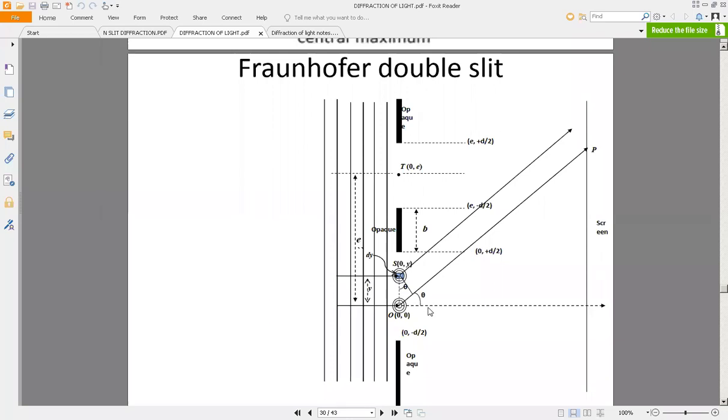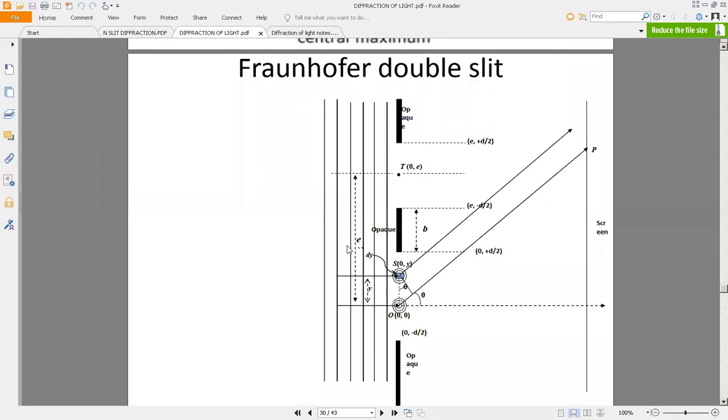Same logic. So here also these two rays are parallel rays. They are making equal inclination theta with respect to the reference axis, right? And this distance is y. Already we have used it in this case. So there is no difference between single slit and double slit except we are adding an extra slit here, right? So we have added two more parameters. One is small e, another one is small b. Apart from this, the remaining are the same.